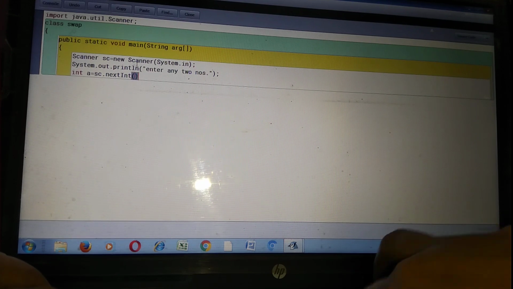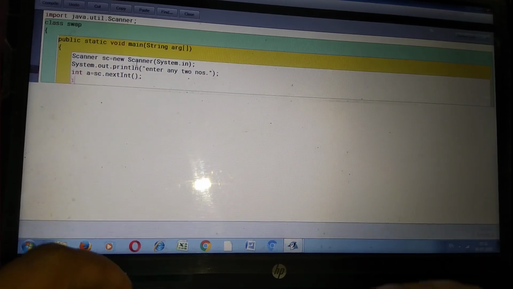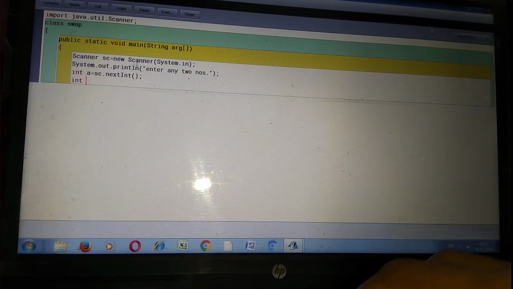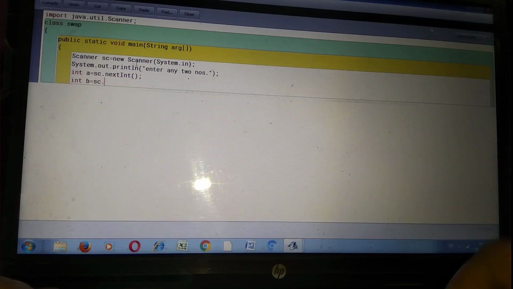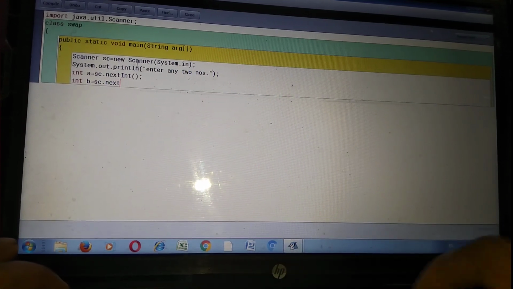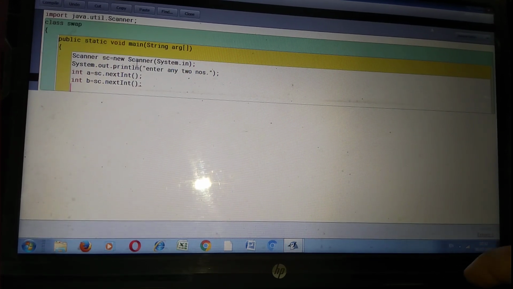It's a function of the scanner class to take input. Same here, int b is equals to sc dot nextInt function. So here we take two inputs from the user.